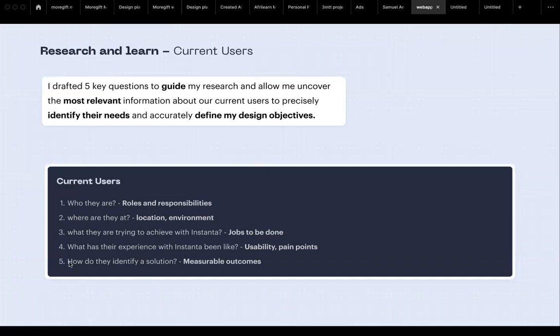So then how do those people identify a solution? In other words, what do they want to see that will make them believe that this is a solution? These are measurable outcomes. Outcomes are like